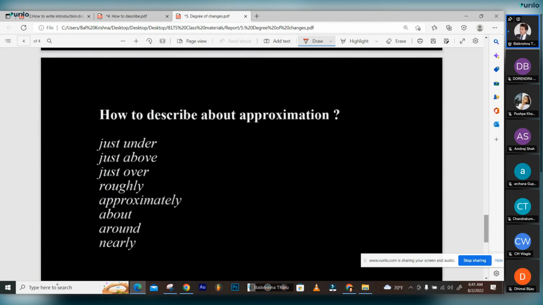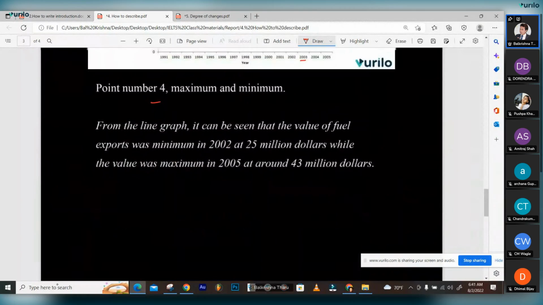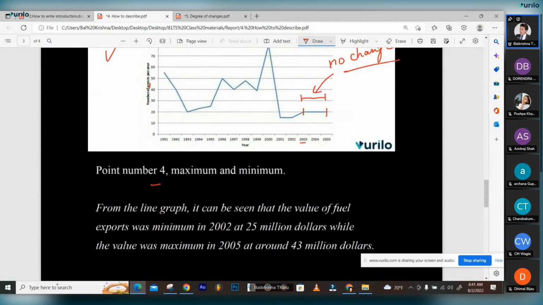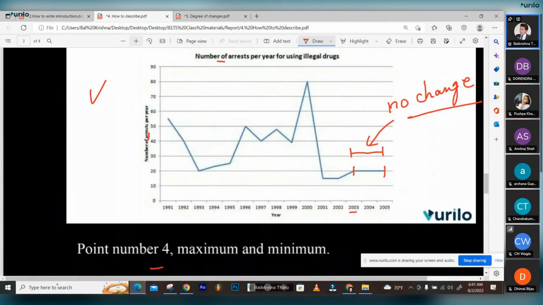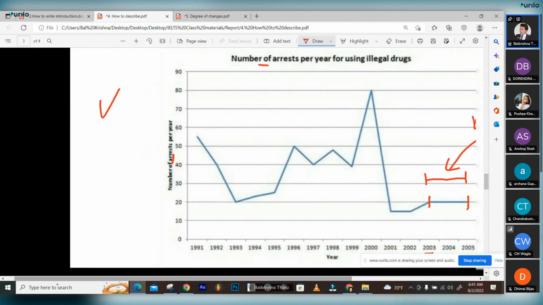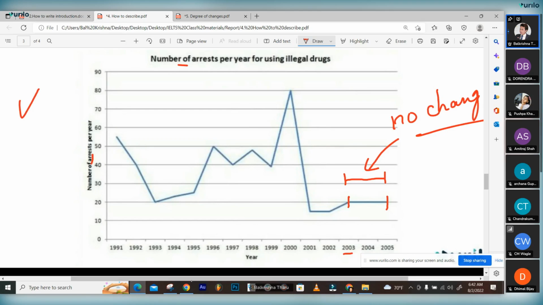Now let's talk about how to describe approximation. All right, approximation. What do we mean by approximation? Let's take this example, this diagram. Approximation. You can see approximation. This is useful when